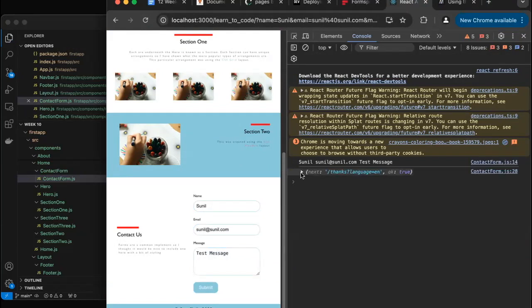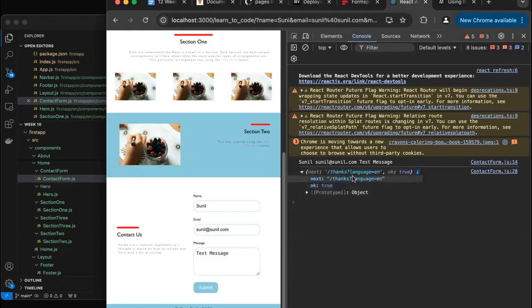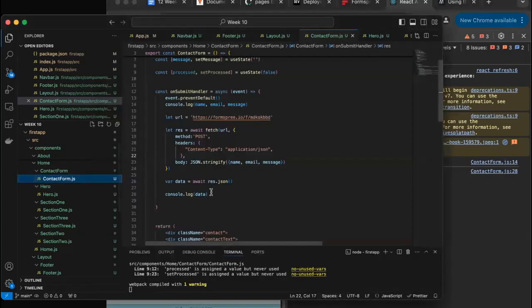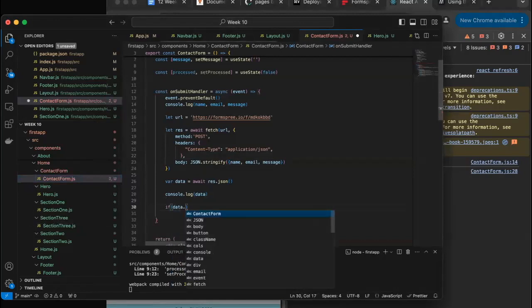And hopefully, hey, look at that. We got this random message that came back. Next, thanks, language. Okay, true, sweet. It looks like, hey, everything went all right. It looks like our Formspree responded with thanks, good to go. Okay, true. So inside of our contact form, we can say if data.ok,